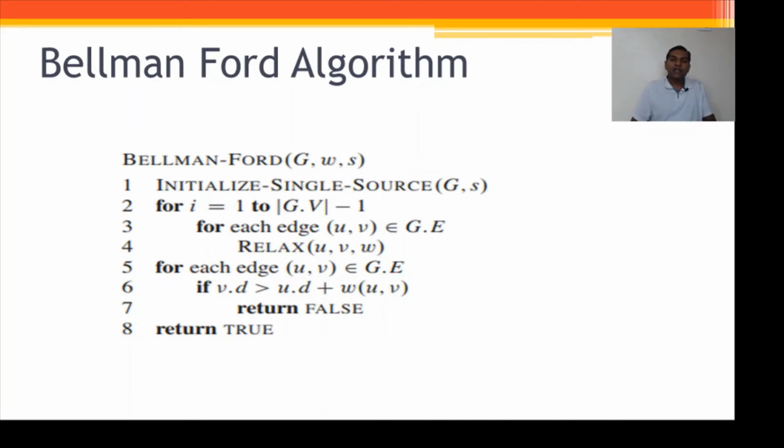So if we apply this strategy in the graph, then Dijkstra's algorithm will not be able to handle all the negative weights. So we'll go with a new algorithm, that is the Bellman-Ford algorithm. This Bellman-Ford algorithm provides the facility of handling negative weights. It will get the graph, weights and a source. This is a single source shortest path algorithm.